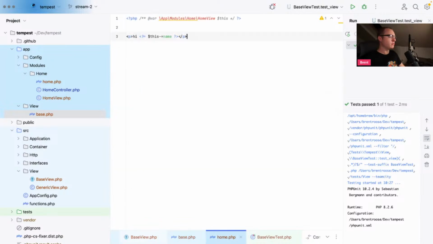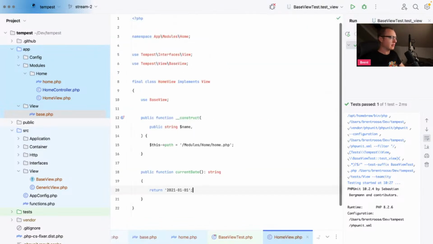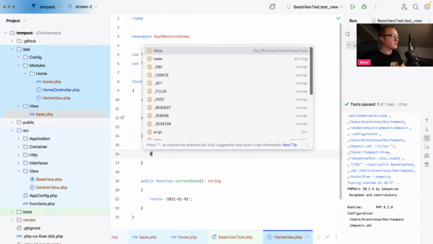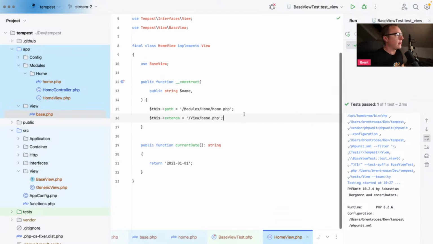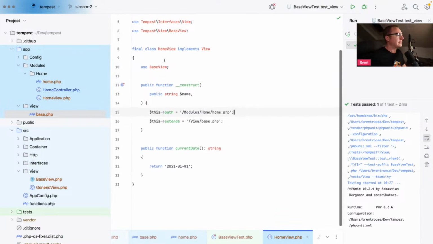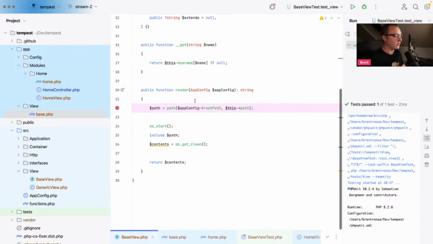But of course we have view models now, so let's do it that way first. This extends. Remember, we had this parameter here already in place. Modules. No, not modules. In this case, view base.php. Okay, so this is our extends set. So what do we do with it now? Let's go back to our render function. So we get our contents